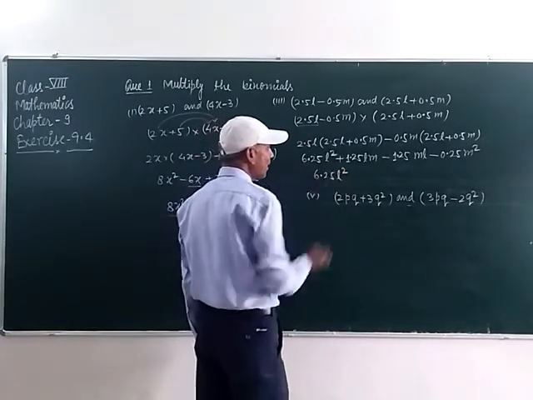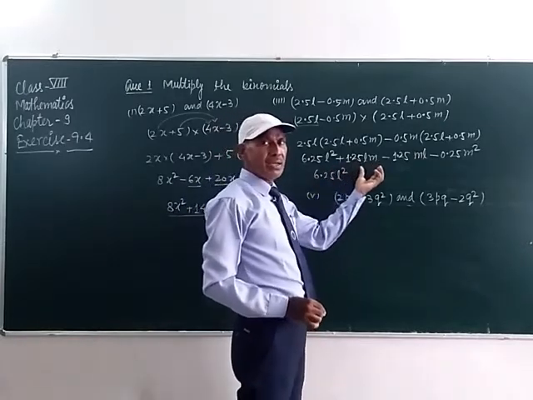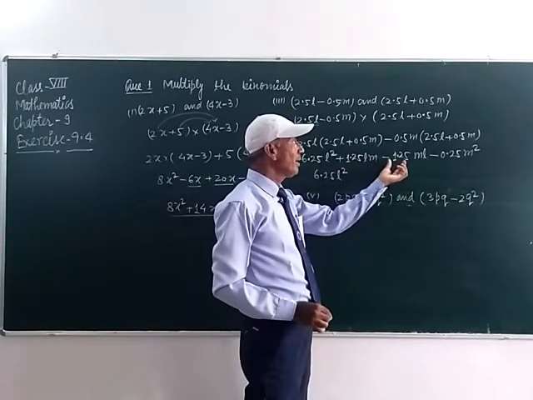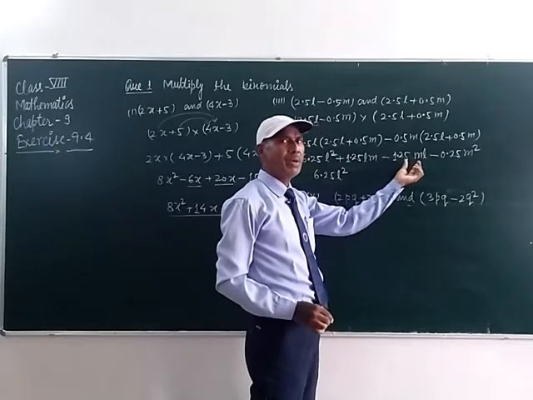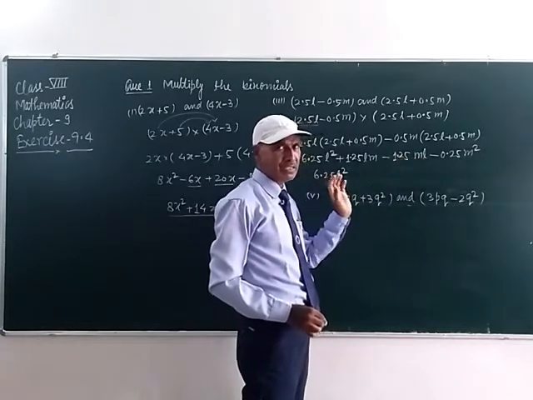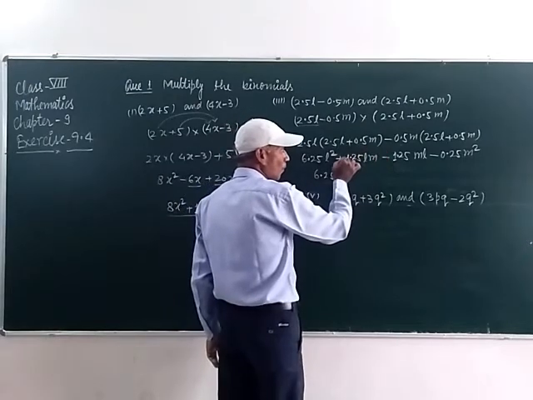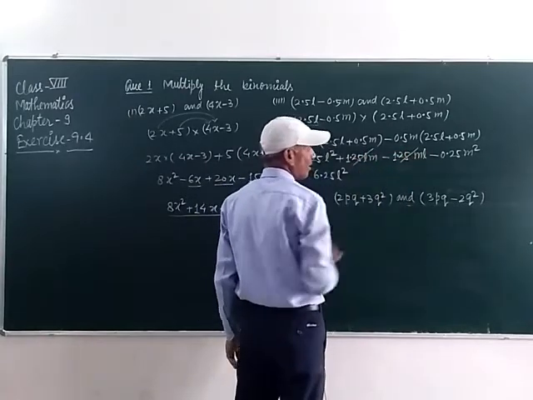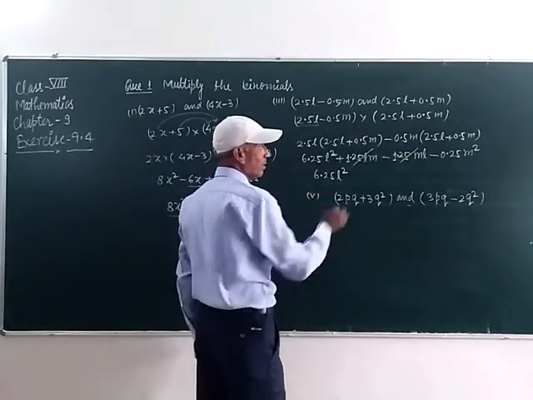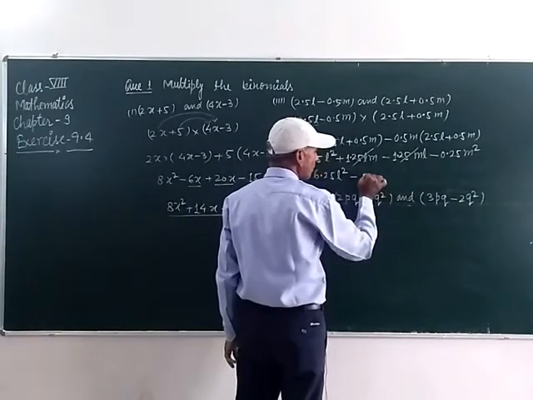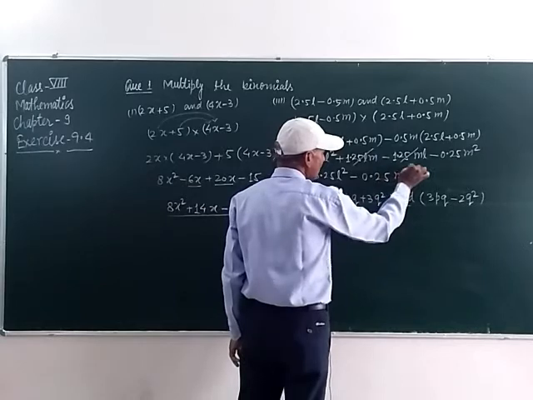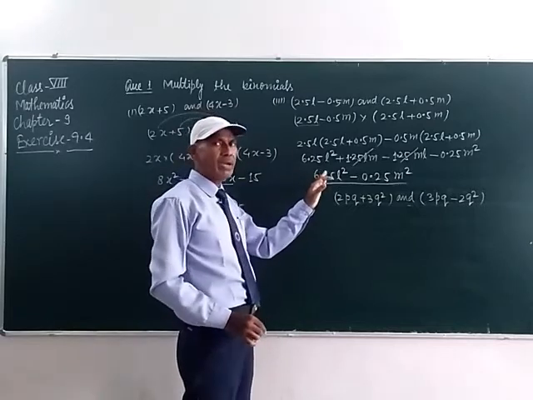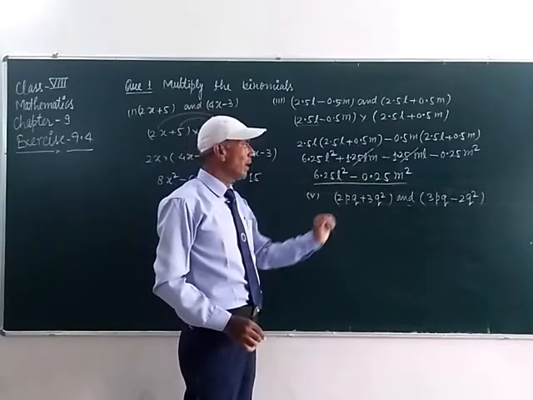and we have to add the like terms. These are the like terms. It is 1.25LM and it is also 1.25LM. ML and LM both are the same things. So this one positive and this one negative with the same value, so it will be cancelled, and minus 0.25M square. This is the answer, and the answer of this part is 6.25L square minus 0.25M square.